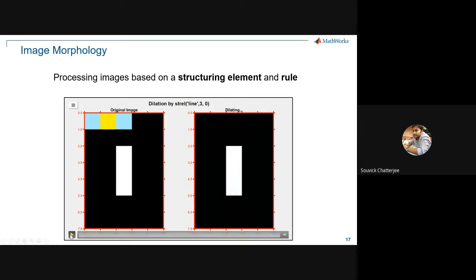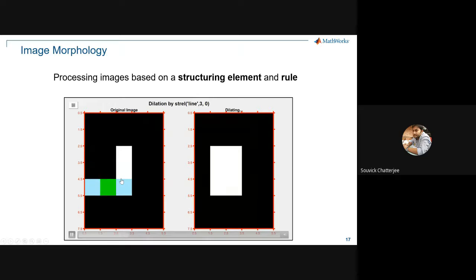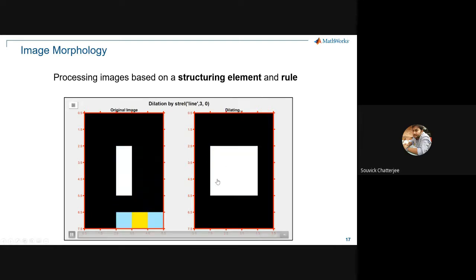So for dilation, if I have this type of a pixel, right? If I do a dilation operation on this, what happens is, so this is a 3-pixel line element, right? So this is a 3 element. So if you look around what is happening, once this dilation element is going along, and after dilating, this pixel is getting dilated. So from that one, it's just expanding, right?